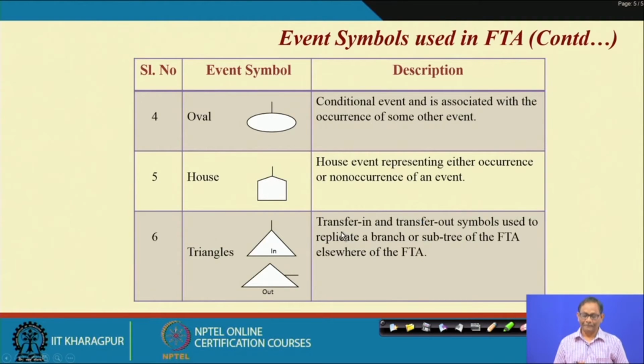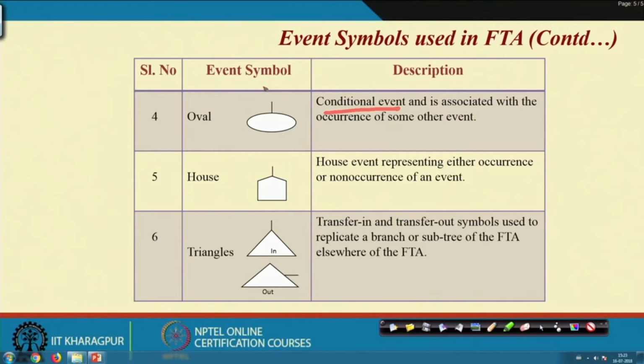Then what happened? Oval. The oval symbol is basically a conditional event. So, if something happened in reference to this, only then will this top event occur. For example, the alarm sounds, like in the pressure tank system you have seen that there is an alarm sound under overpressure condition, and if the alarm sounds, at that time the operator needs to check the pressure gauge and then he should remove the contact. Okay.